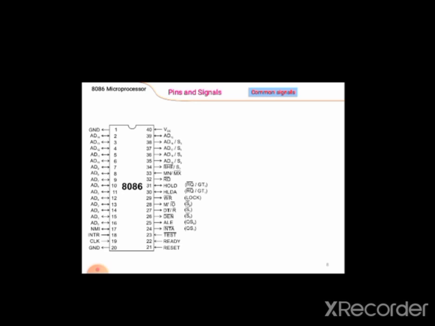Then pin number 22, this is ready. It is an active high input signal. It indicates that the other peripheral devices are ready to transfer data. Now what do you mean by peripheral devices? The microprocessor is used to transmit or receive data from memory as well as other input output devices.